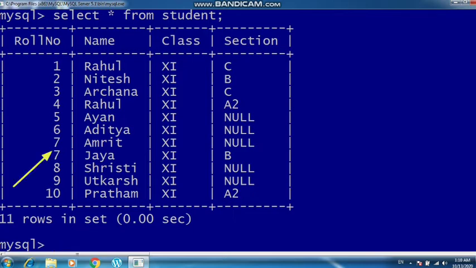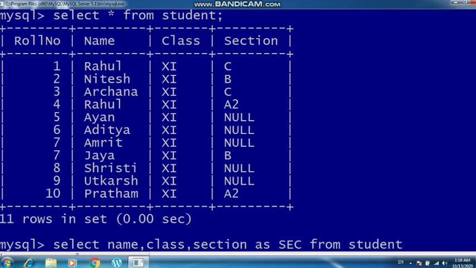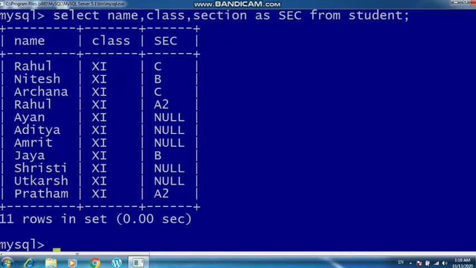I am writing here select name, class, section as SEC from student. So now you can see that I got the 3 fields, however the name of the section has been changed here. So I have provided the alias SEC to the section.